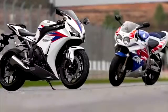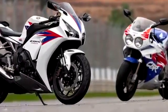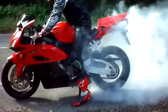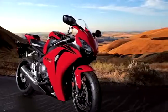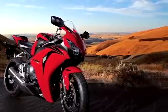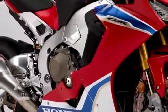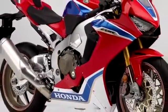So why do I mention the history of the Honda Fireblade? Well, if you look back, you will notice that every 2 years, Honda does a refresh of their bike, and every 4 years it releases a completely new engine and bodywork. However, for the last 8 years, we've essentially had the exact same bike. That is why now in 2017 we are seeing history being made, because now Honda has just revealed their all-new